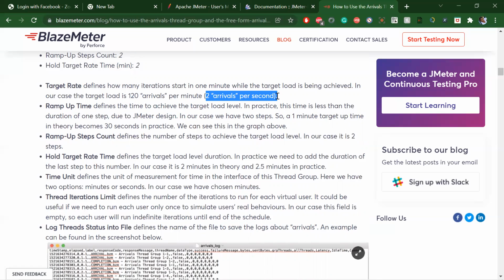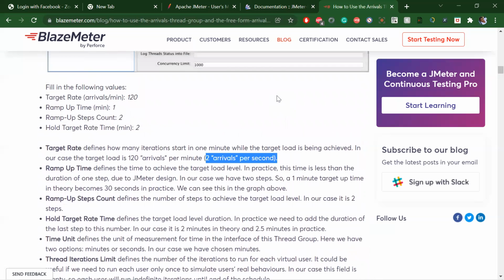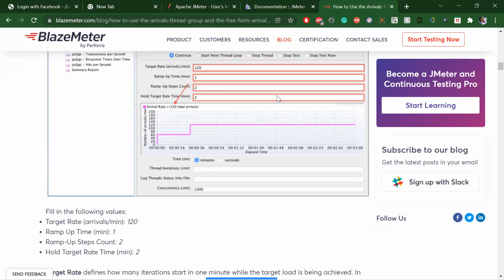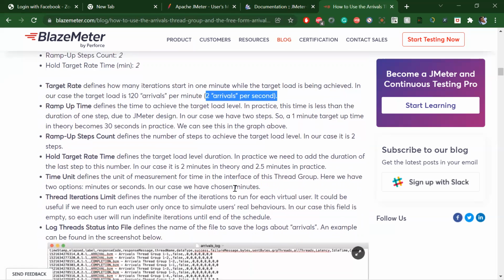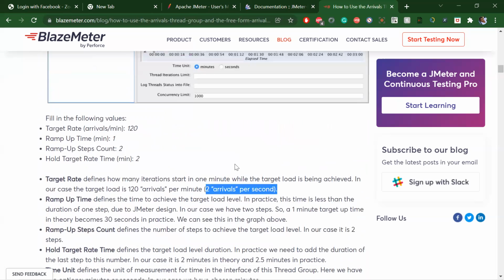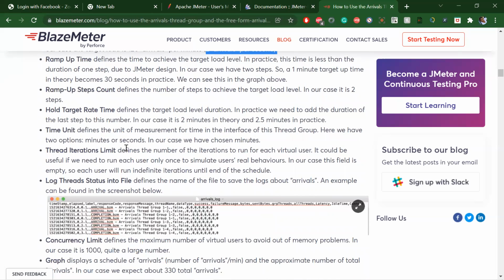Per minute is 60, right? 120 per minute. Okay, per second is 2 arrivals. And ramp up is like our ramp up in the count. The whole target in that case is a 5 minute duration, 2 minutes of period, 5 minutes per practice.